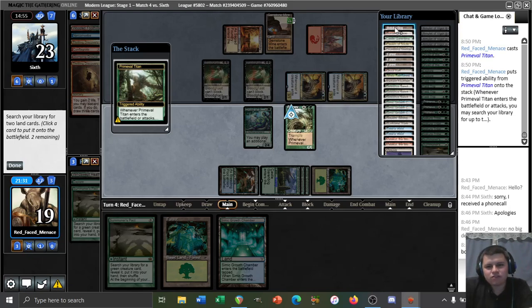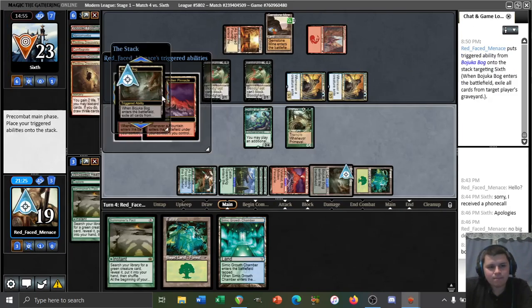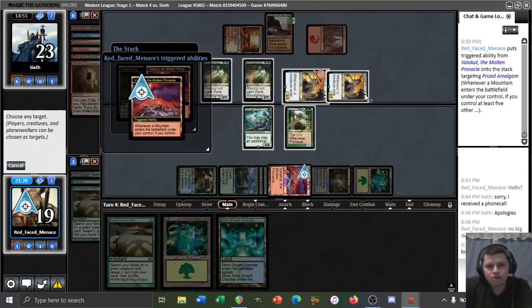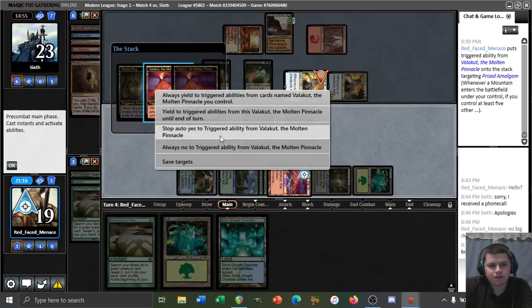I feel like we're supposed to play conservatively here and get Bog and Valakut. Could we have won otherwise? Maybe. But this way we get to permanently deal with a couple of Amalgams, I guess. I don't know if it's significantly different to deal with Amalgams versus the Bloodghasts, but